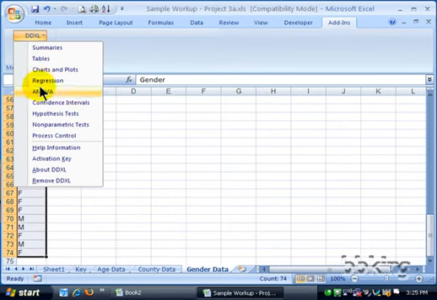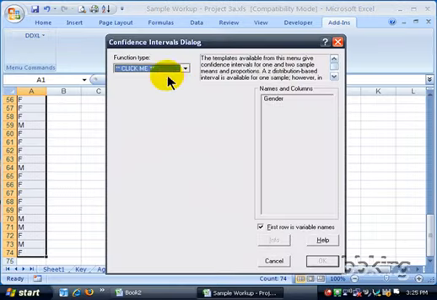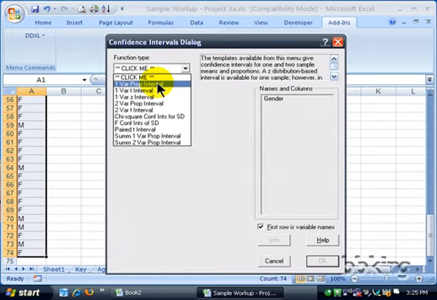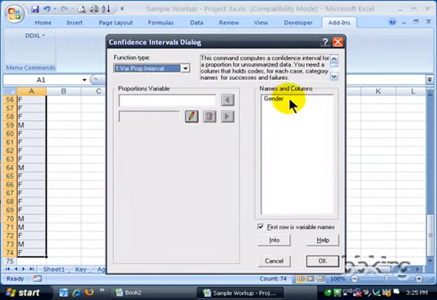and if you look here, we have confidence intervals among other different things. We'll click confidence intervals, and the function type we want is a one variable proportion interval. Now, if we had selected more than one column, we could have more than one name over here, but all we selected was the gender column, so I'll click the left arrow. We get the proportions variable as gender, and the first row is variable names, but we set it up that way because that's what we wanted. So we'll hit OK,